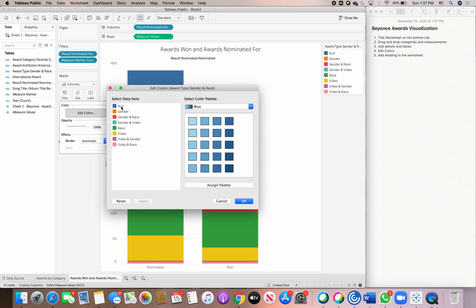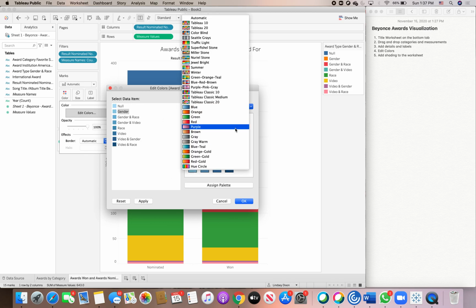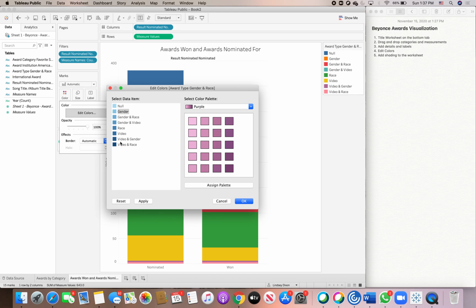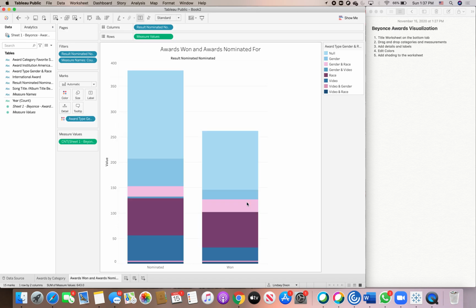Let's play with the blue and purple. So you can pick any ones you want. You can go to assign palette. And I have blue here, but I want to add some purples as well. So I'm just going to pick random ones and make them purple. There's really no method to this. You kind of just feel it out and see which ones you want to change. And then just go at it. And then press OK. And now we have our awards won and awards nominated for, and it's color coded by